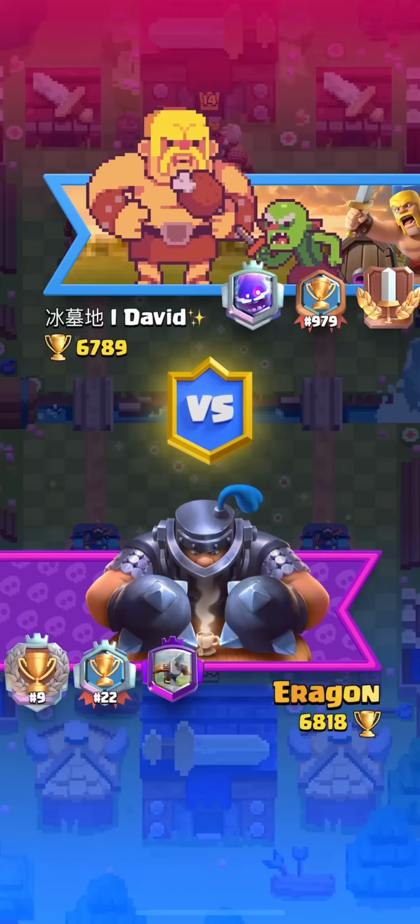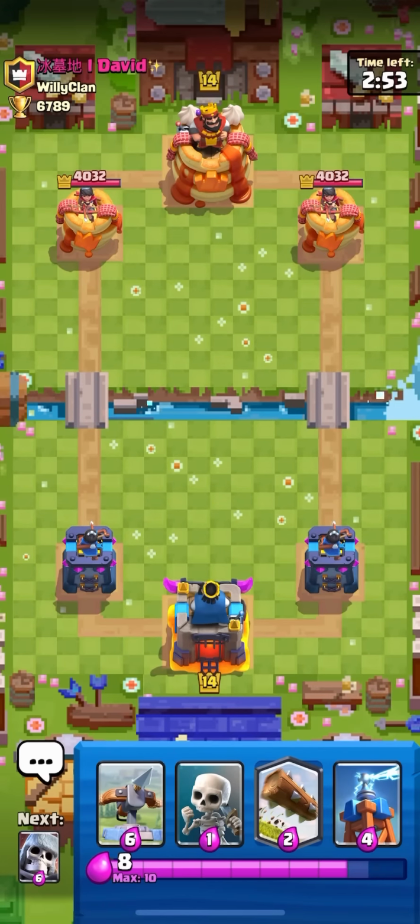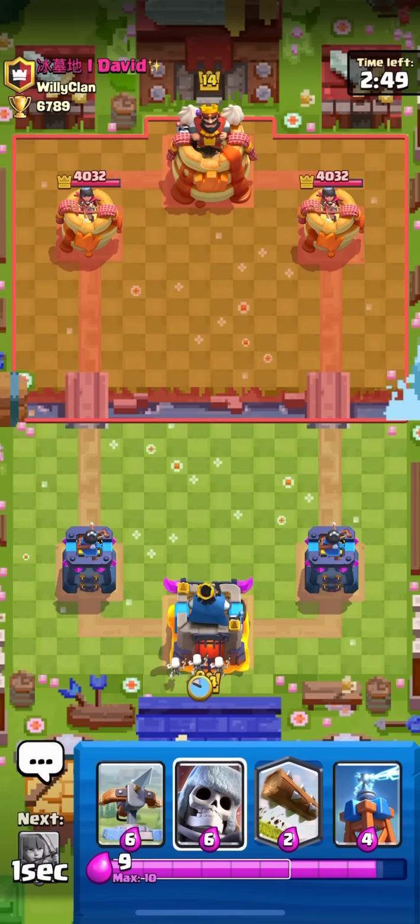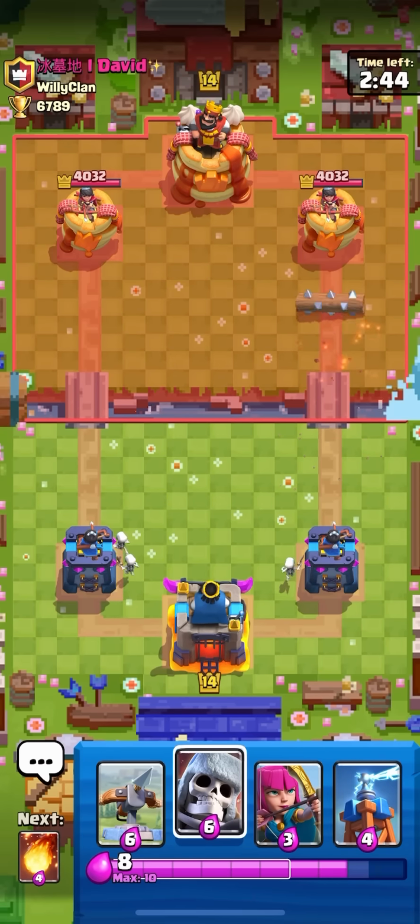28, not bad. Alright, I got a game. Facing David, he's got the E-Spirit banner, so probably a cycle deck if I had to guess. Probably like Logbait or something. Could also be a beatdown deck. I mean, it's the first day of the season, or actually second day of the season, so could be anything,